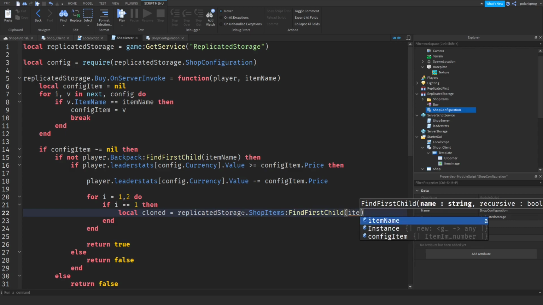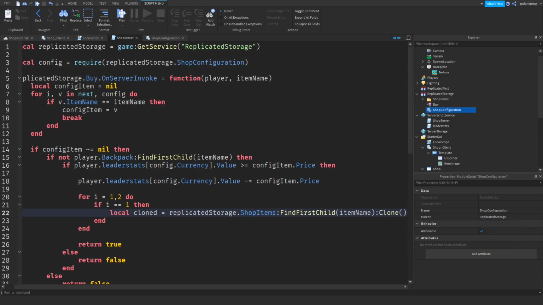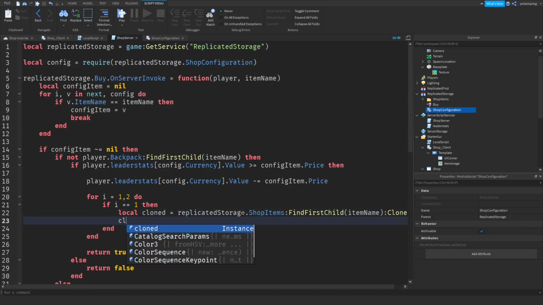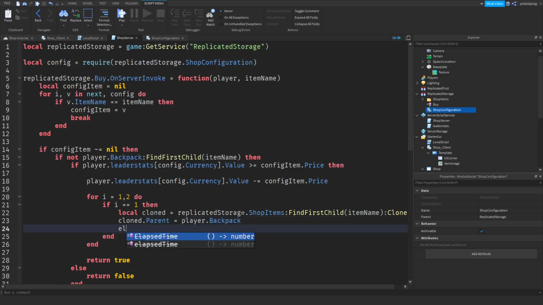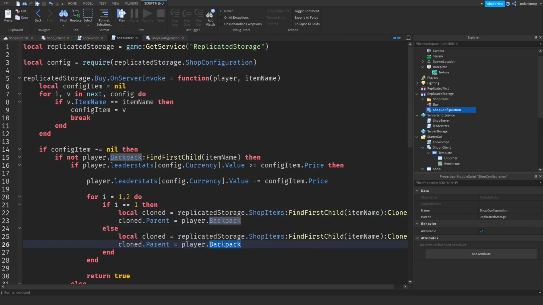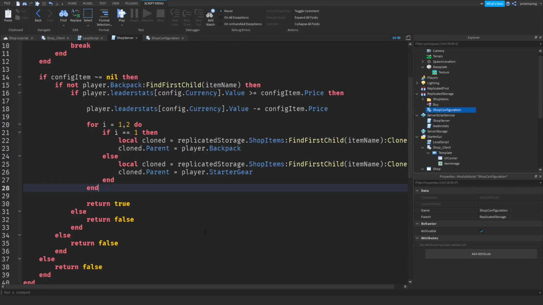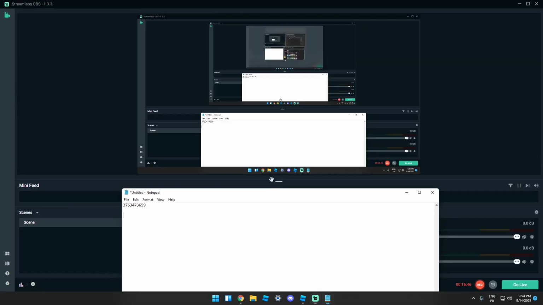item name:Clone, and cloned.Parent is equal to player.Backpack, else cloned, local clone. We're gonna just copy this and set this parent to player.StarterGear, and then that should be really nice. So now we're gonna get some sound effects